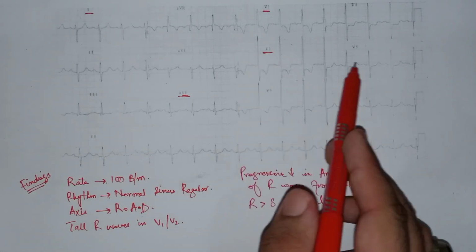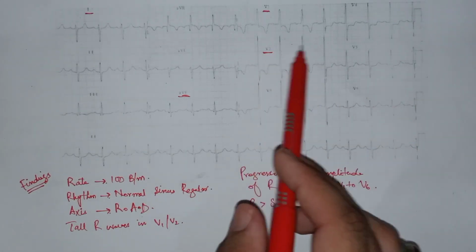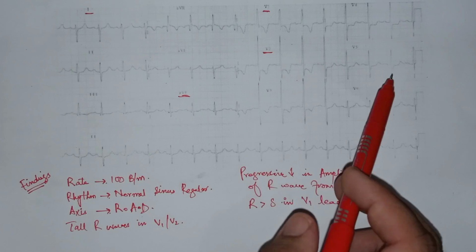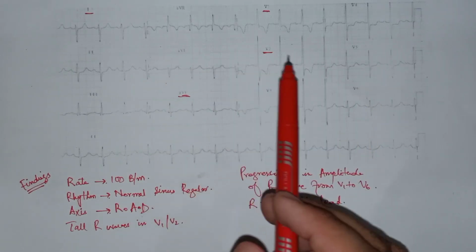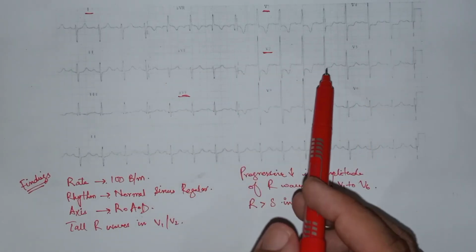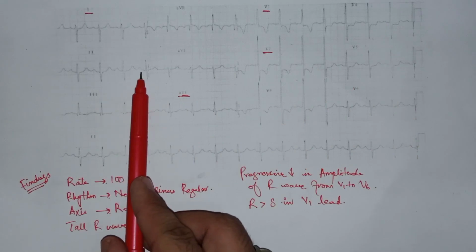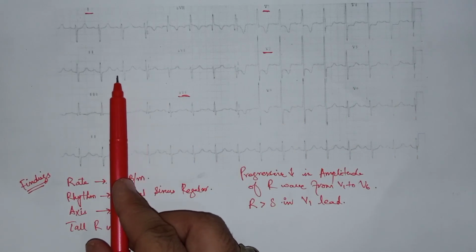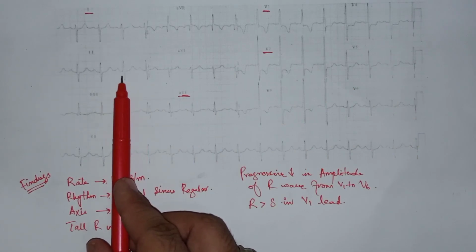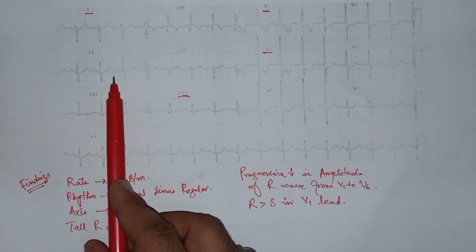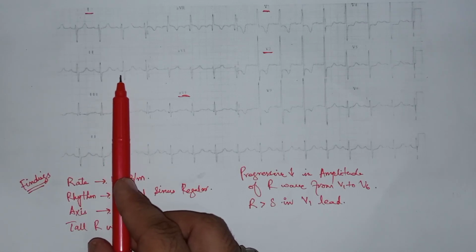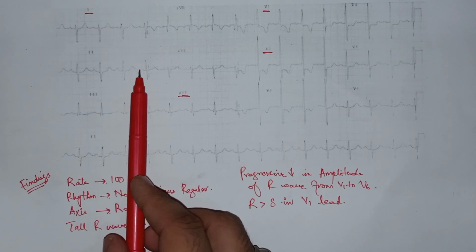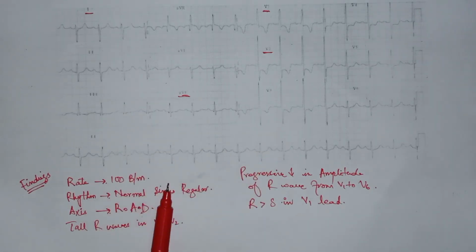Then check for bundle branch block. There are no signs of bundle branch block here. Remember the mnemonic William and Marrow, as we have discussed previously. And the last step, that is blocks of the AV node. As you can see here, the PR interval in lead V2 is of normal duration. So no need to comment on AV nodal blocks because there are none in this ECG. So just write the positive findings.